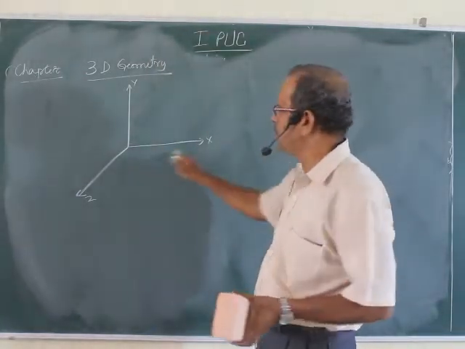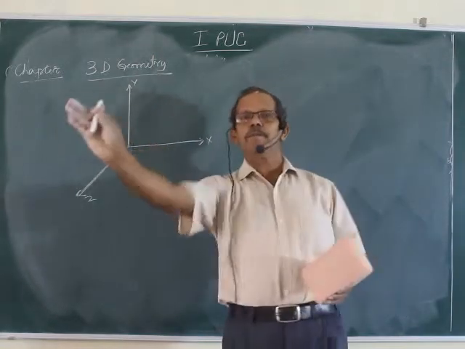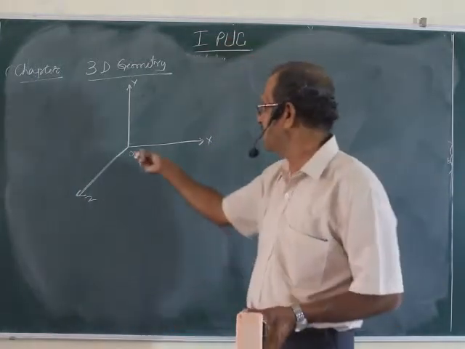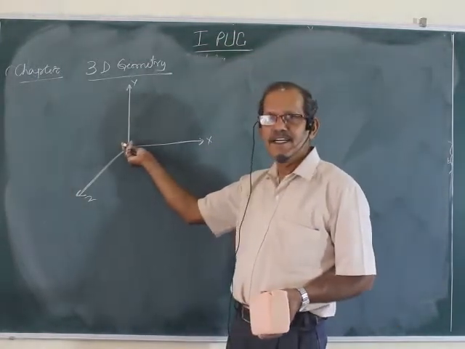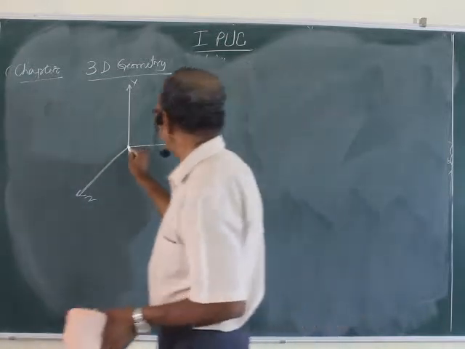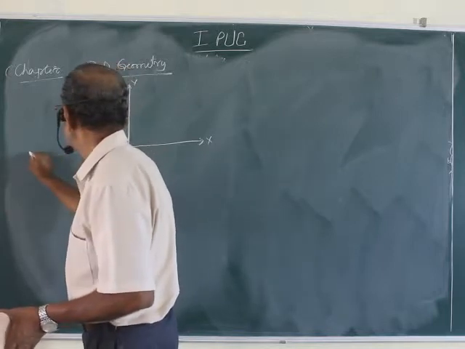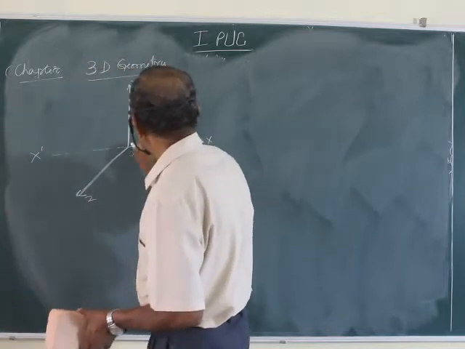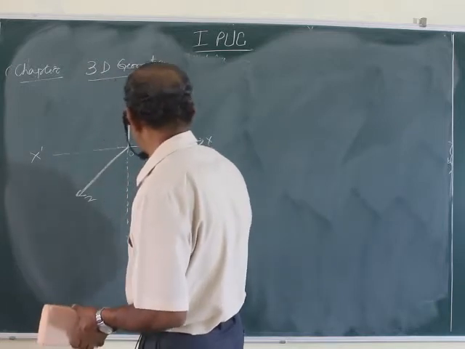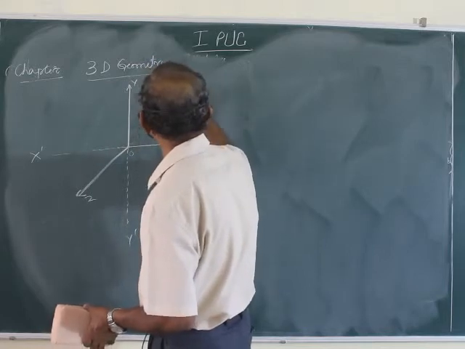X-axis, okay, in the board. Y-axis also in the board. Z-axis there, no. It is actually perpendicular to the board. That cannot be drawn. It is like this, see. It is like this. So, the negative part of x-axis can be extended, see. X dash. Negative part of y-axis, that also you are knowing. Y dash. Negative part of z-axis, see there. It is z dash.